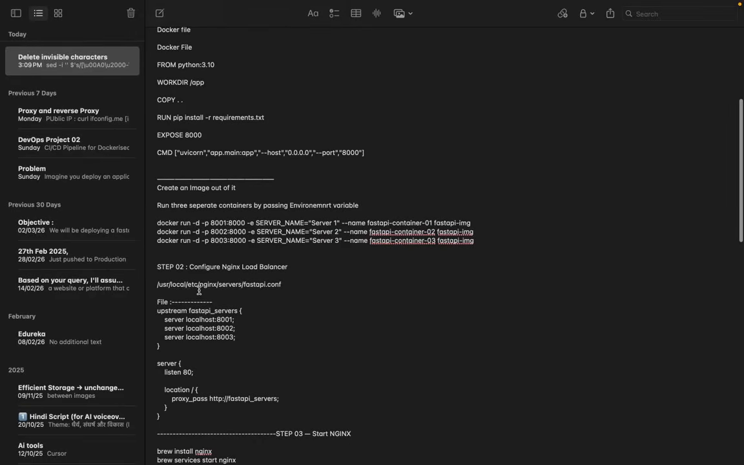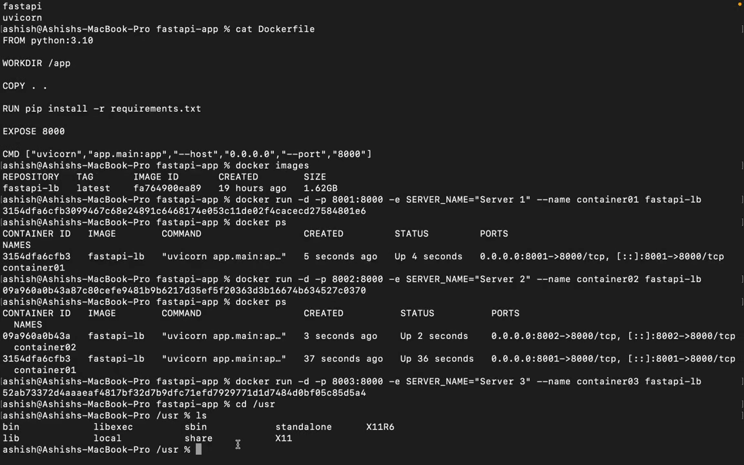So it is user local. Let us go to this location first. This is the default location wherein Nginx stores the file. First we have to check whether we have Nginx installed or not. So what we are going to do,